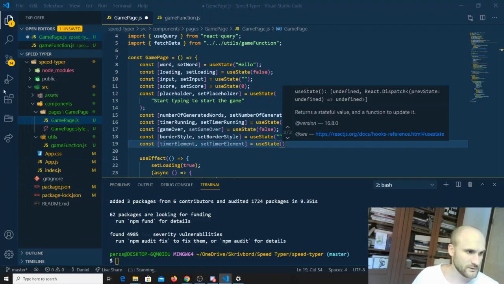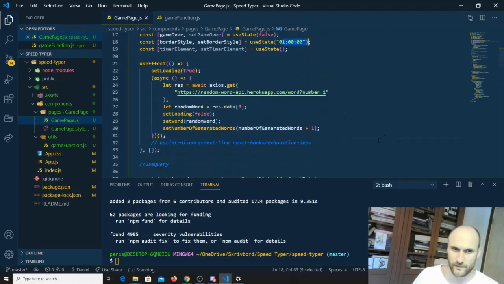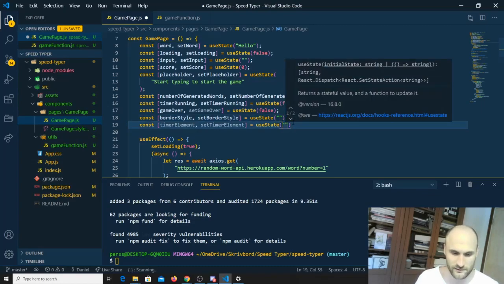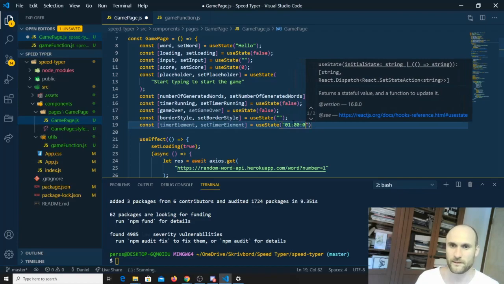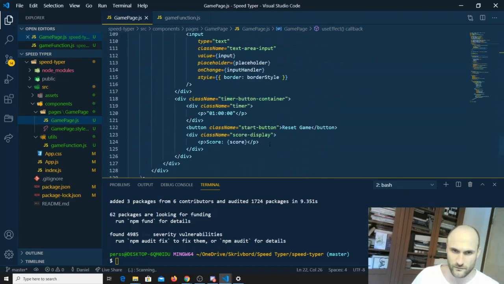Let me have a look so we do this all correctly. Yes, we want to set it initially to a string, like so, for our start time, and then down here at the bottom, make sure we place it at the right spot also. So obviously not in there, but we want it in here. Set it like so. So we go down here, and instead of this one here, we're gonna output